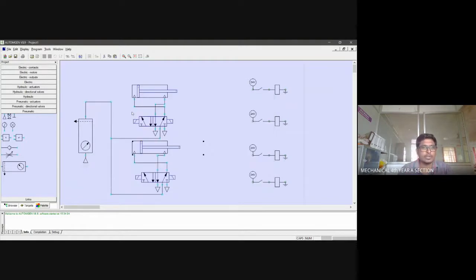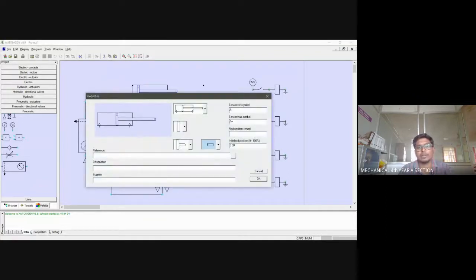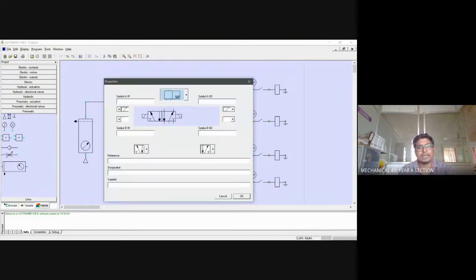That name will not be indicated over here, and that is not necessary. You can just open it and see whether you have given it correctly or not. Then in the case of direction control also, here we have #1 and #2. In #1, you have to give a minimum. The left hand side should always be the minimum position and the right hand side should be the maximum position.